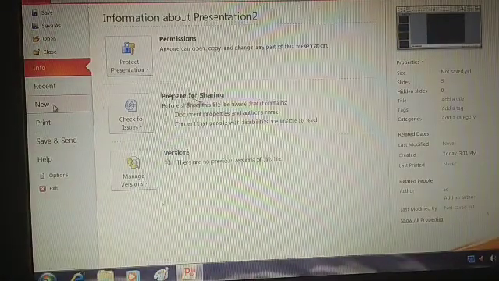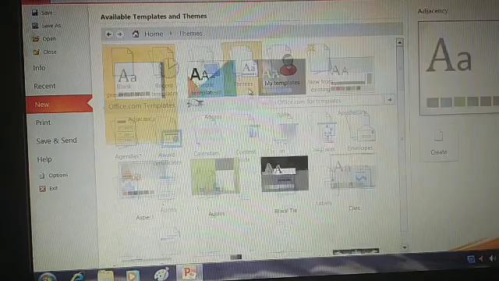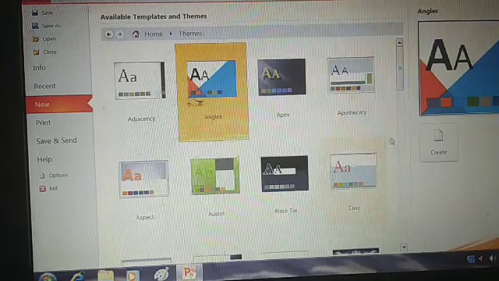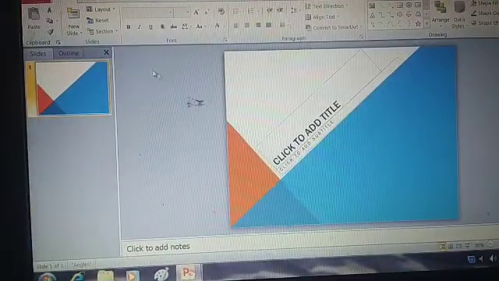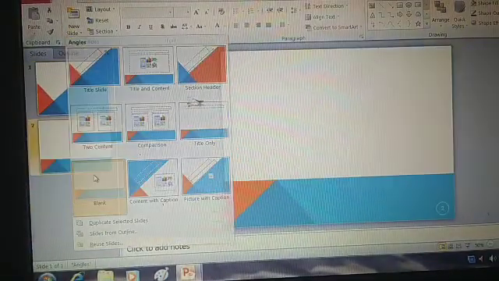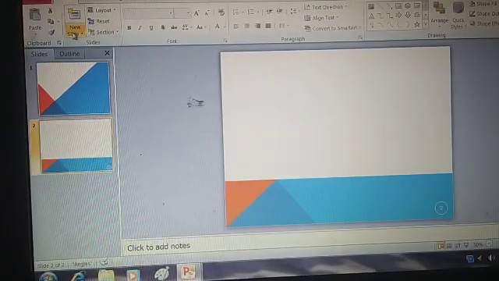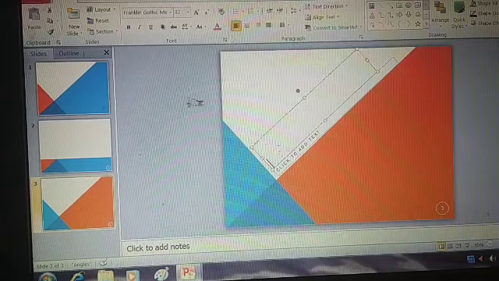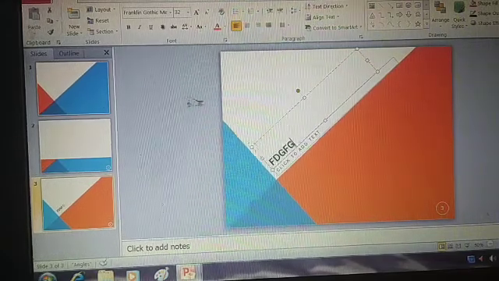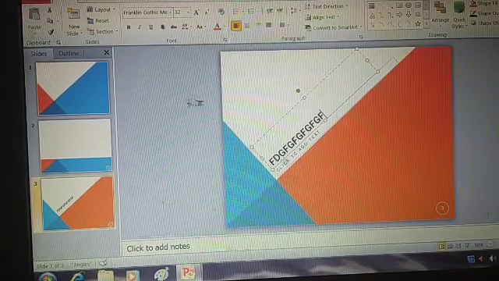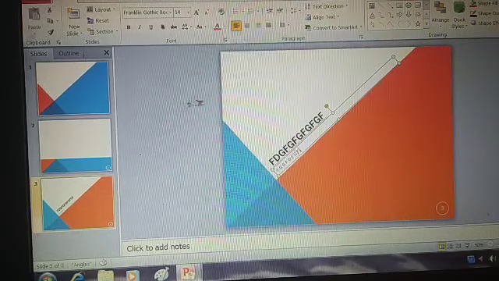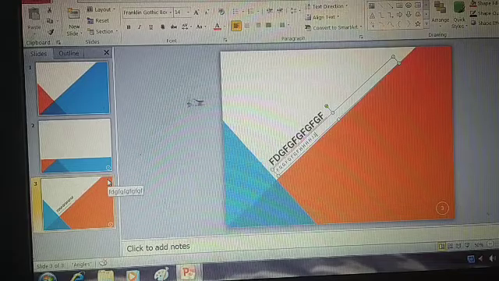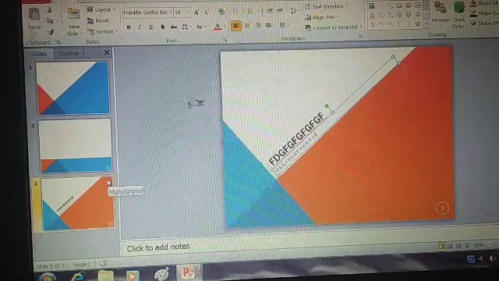If you want one more theme, this one also, create. So all slides will come with these themes. Understood? Now start typing. So through themes also you can prepare a presentation.